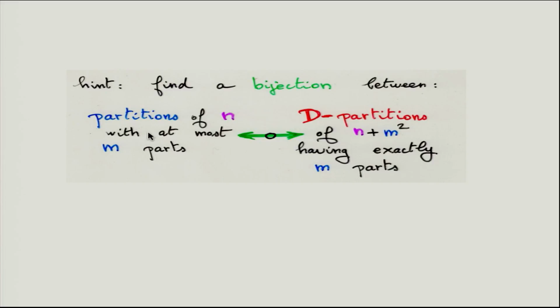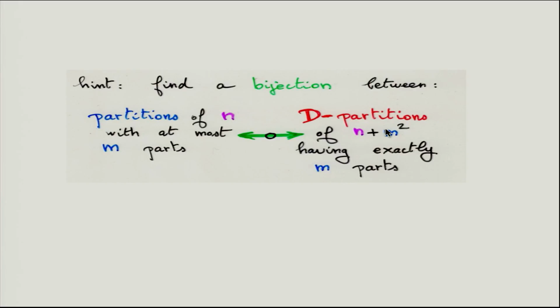You start, because you know the generating function of partitions having at most m parts is the same as the generating function of partitions such that the parts are bounded by m. This was the finite product from just before. And from this finite product, multiplying by q^(m^2) is given by this bijection. So there is a shift between partitions of n and partitions of n plus m squared, so you have to add m squared to the Ferrers diagram.